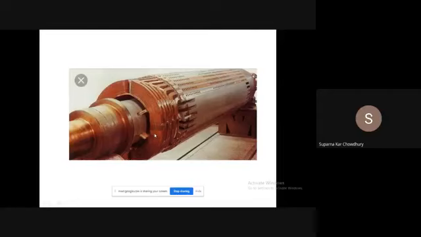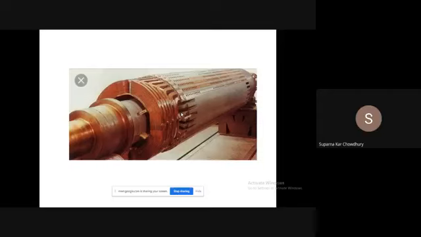So this is a typical cylindrical rotor structure. Now, for any rotating machine, when you go for the machine design, you will see the output, that is, what amount of power we can draw from a particular frame size. That depends on the D square L product, where D is the air gap diameter or the armature rotor diameter, and L is the armature length. So for a particular output, we have two options. If D is large, L will be small. If D is small, L will be large.